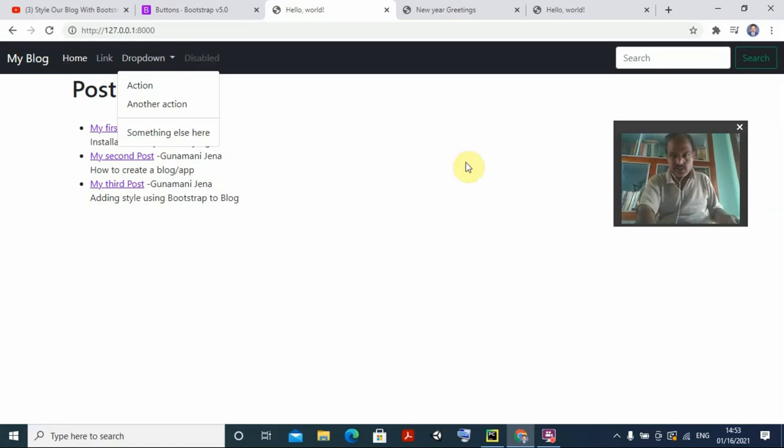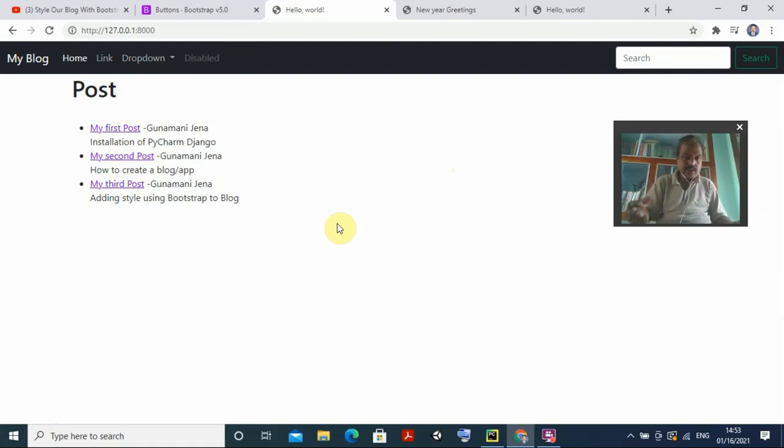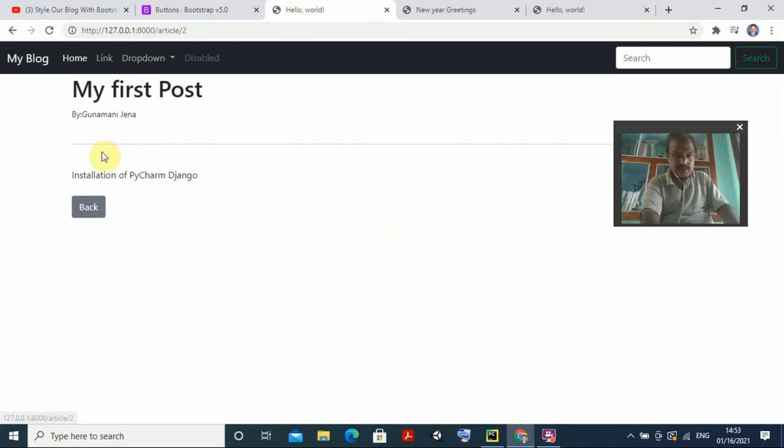Okay, so search also is there, you can disable it, you can keep it here, it is your choice. So in this way we have done three things here now. First thing is that we applied the cascading style sheet and we created a base HTML page that is just like the template, and the same thing we applied to home as well as the article detail, article_detail.html, that page also we applied. Then we created the navbar here.